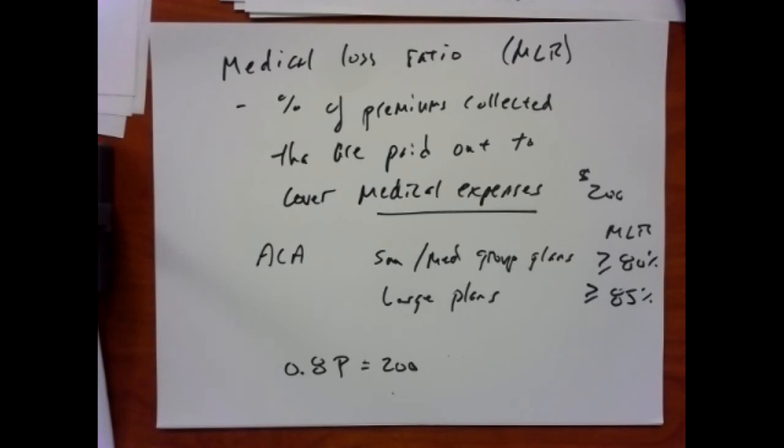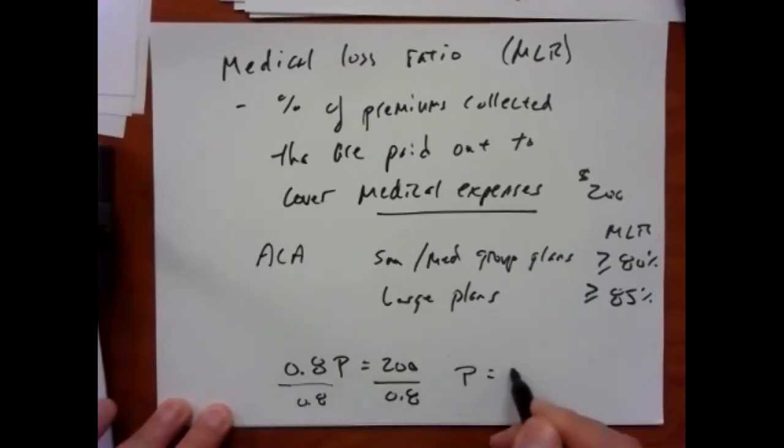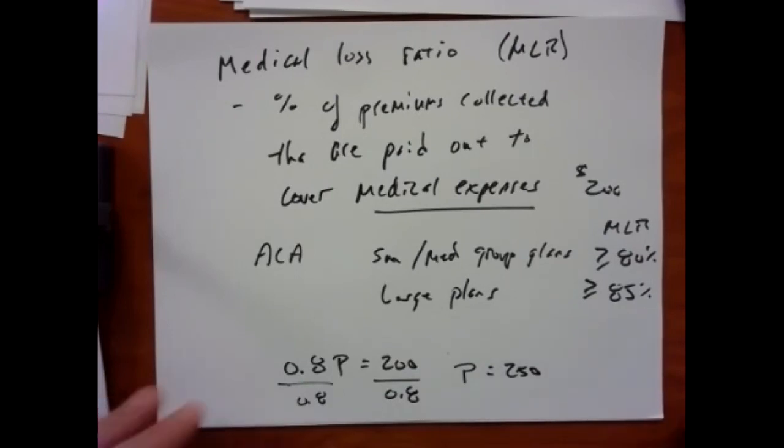So I heard somebody on Zoom. I was wondering if it was 250, the answer. Right. How do you get 250? I divided 200 by 0.8. Yeah. You just get rid of the 0.8 and you wind up with P is equal to 250. If we were a large plan, we'd have 0.85 instead of 0.8, and then you'd divide both sides by 0.85, and you'd have a lower number. Right? So